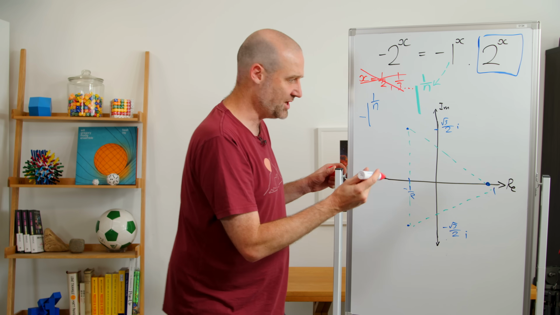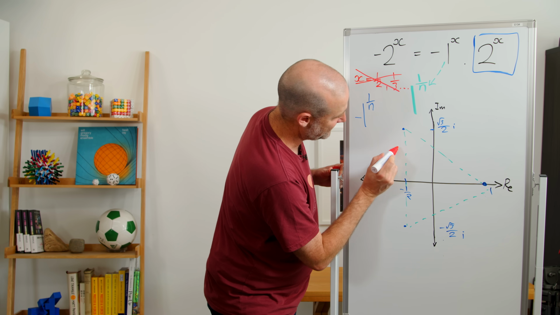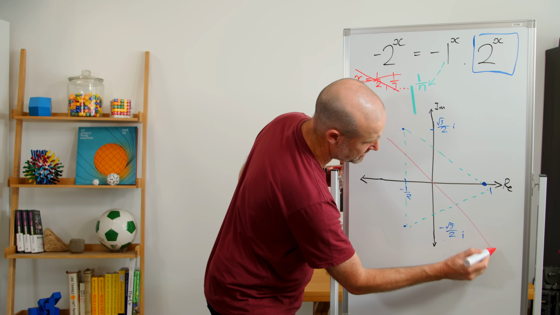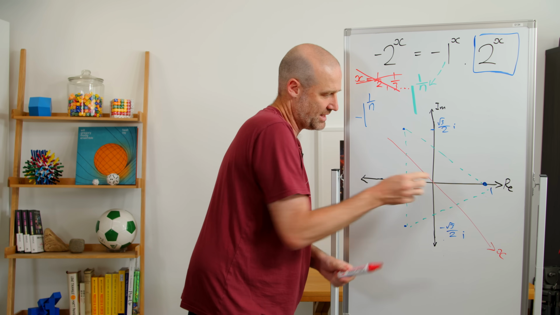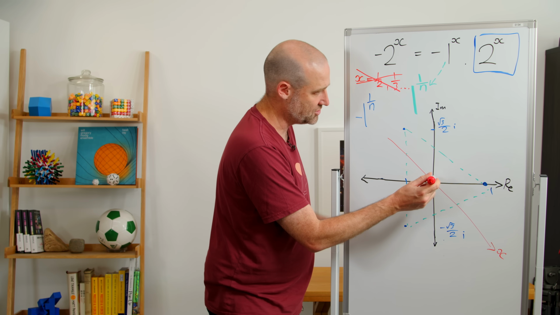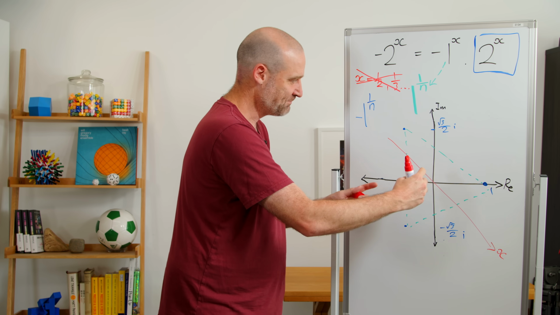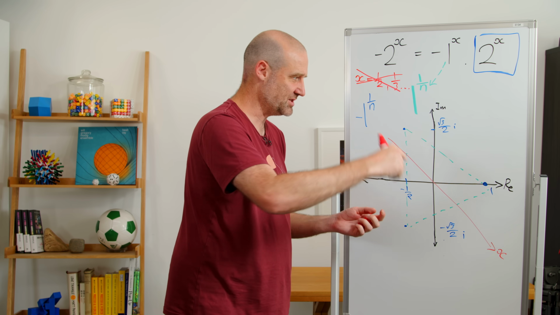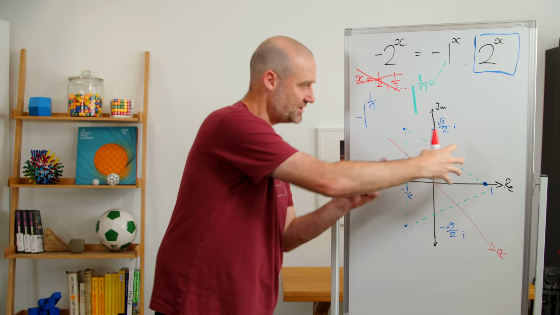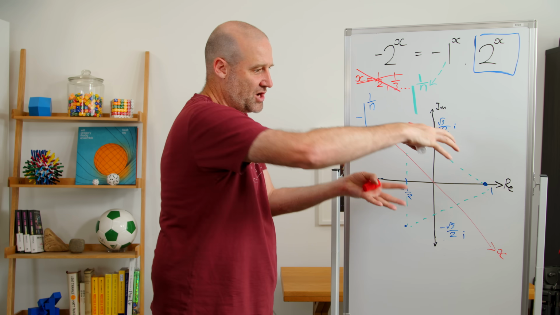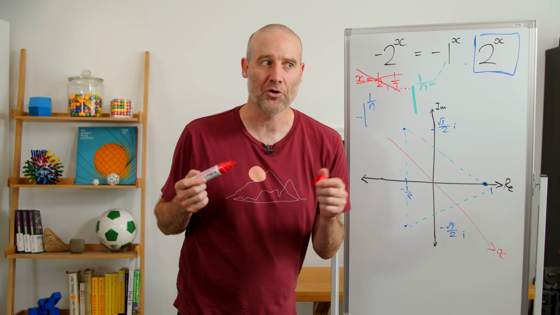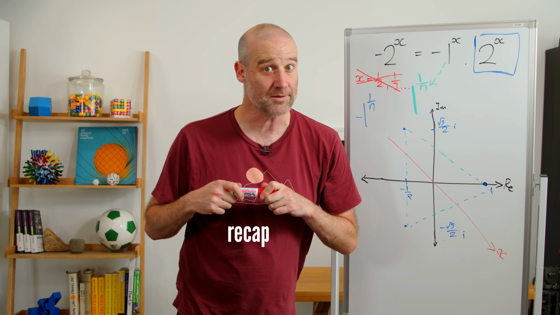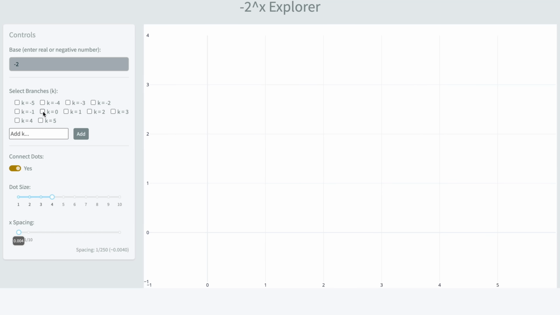And we can add that to the diagram badly by having it, here we go, it's now in 3D. There's our new axis for the value of x. And imagine that coming out of the board towards you. And so these points that we have as the roots, as x changes, they're going to change values. They're going to move around. And so they will move and change as you come out in 3D. And that, my friends, is the mystery trumpet. Only we could visualize it in 3D. We can have a look at some of those roots using this -2 to the x Explorer.